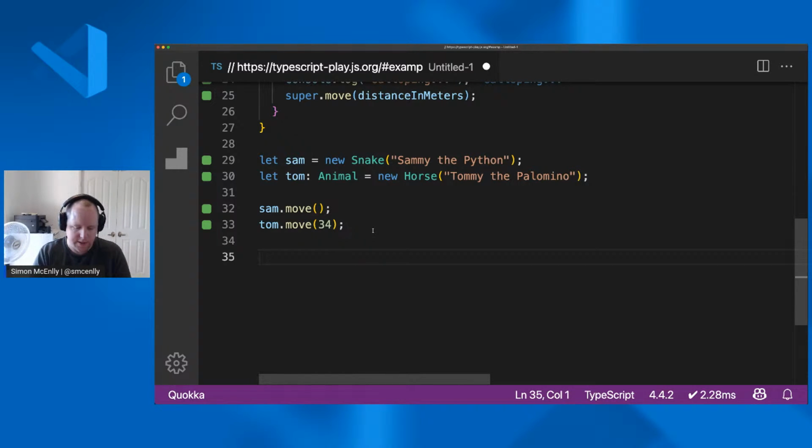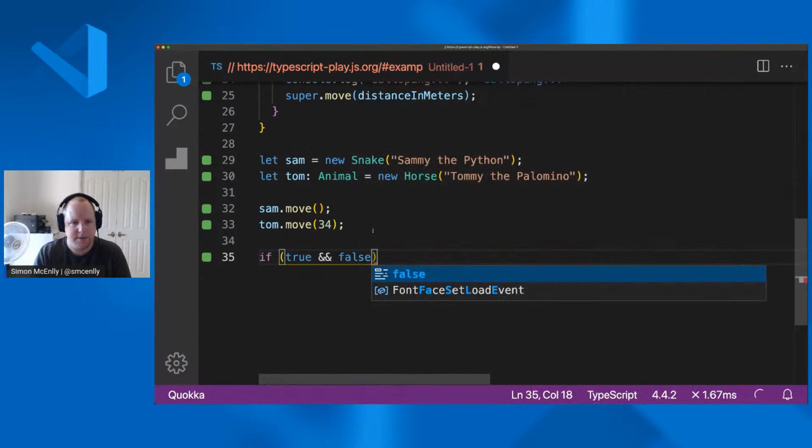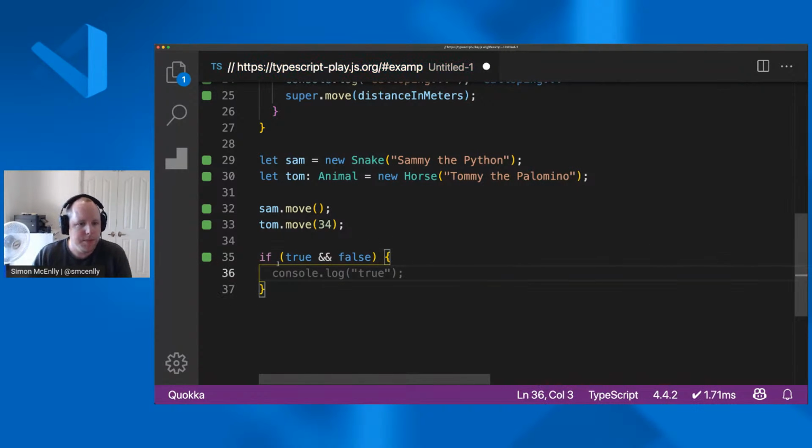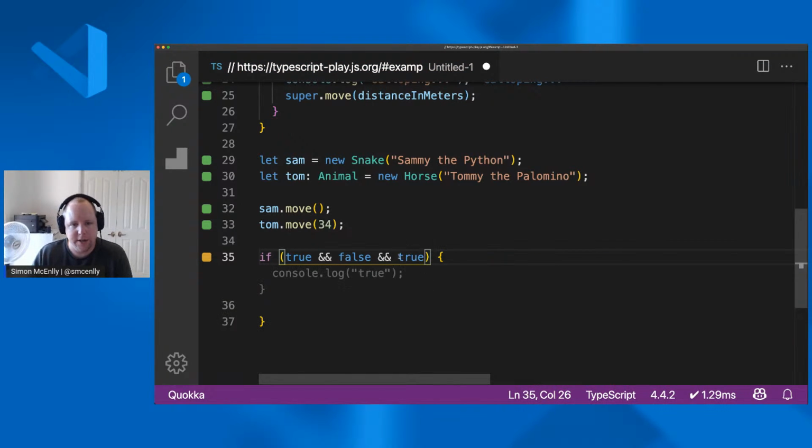We might have, for example, an if statement. So if I say if true and false, then I might do something. Now, in this particular case, true and false is going to evaluate to false, and JavaScript is going to break out of here straight away and not execute any other conditions that are part of our if statement. So if I was to say true and false and true, Quokka actually knows this particular part of our if statement didn't execute. And because it didn't execute, Quokka is displaying an orange indicator instead of a green indicator.